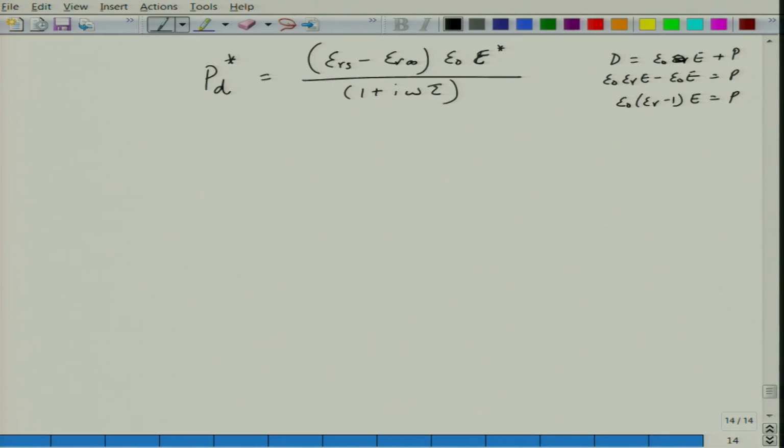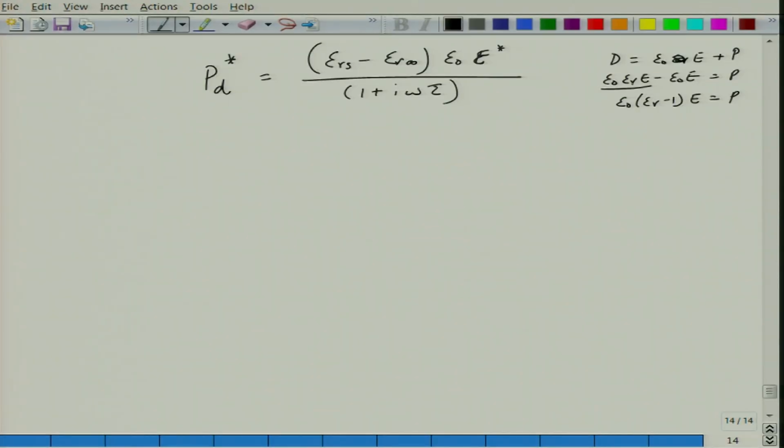If you look at this expression, it is fairly similar. Essentially, earlier we took the dielectric displacement after inserting a dielectric minus the dielectric displacement without the dielectric, that was equal to the induced polarization. Here also it is the same. Pd star is the static dielectric constant minus the high frequency dielectric constant multiplied by epsilon naught E, which is this term. Okay. So, here we are taking macroscopic values, dielectric constant minus 1. 1 was when we did not have a dielectric, epsilon R was the one when you had dielectric. Here we are comparing two relative values.